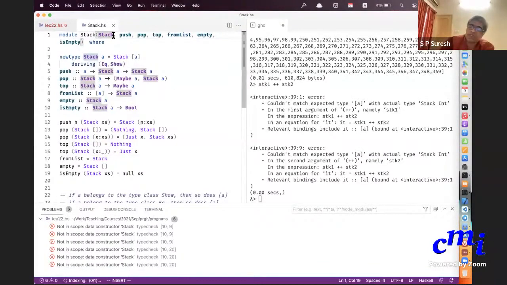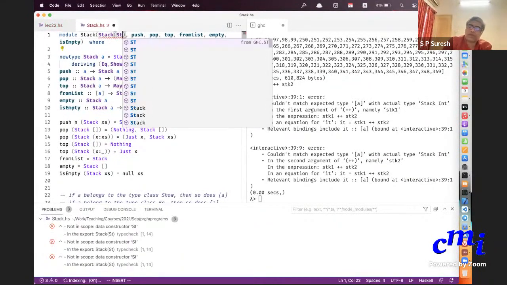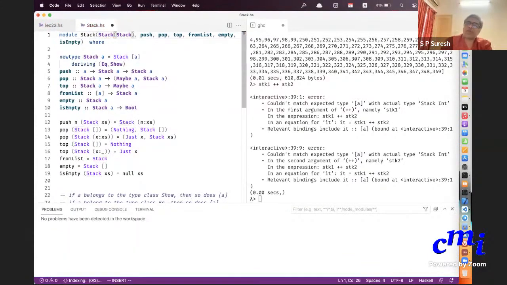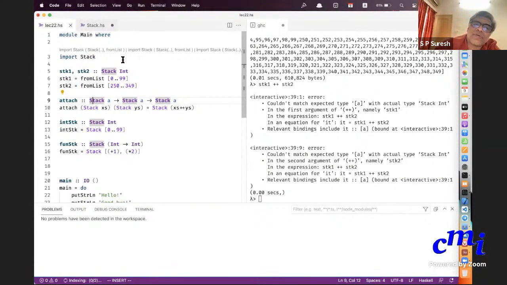Suppose I wanted to export the value constructors. I would put the type constructor name and then put whatever value constructors should be exported. Maybe there are multiple value constructors present; I'll put all their names there. If I do this now, there will not be a problem. Do you see the point now?